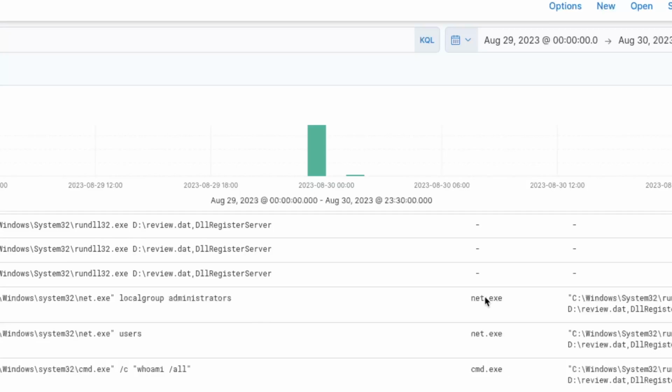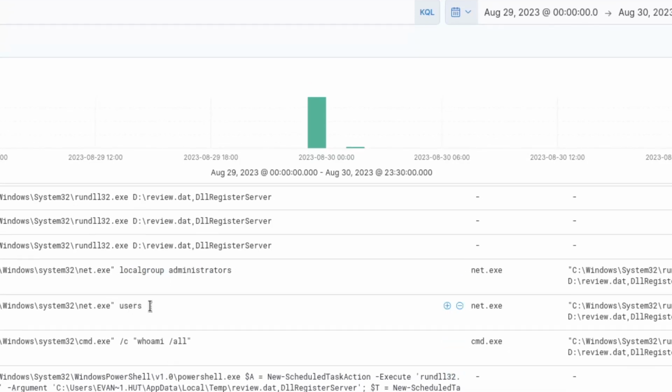For example, this is the actual command, but then he's trying to look at the local group administrators and the users, and the whoami /all, which would potentially tell him, okay, who am I and what privileges can I execute as the current user. All of these things are very helpful, and they're indicative of what this person is doing or trying to do. So the question is, what is the process that was used to get this UAC,